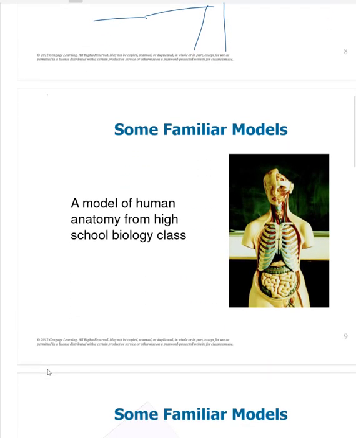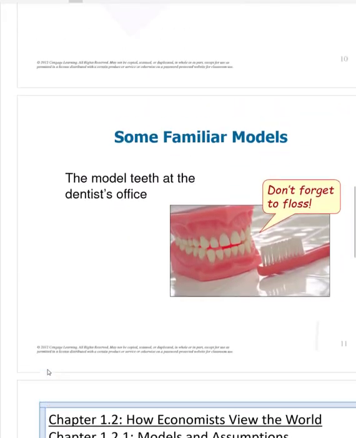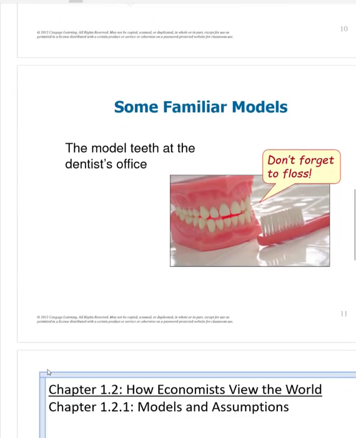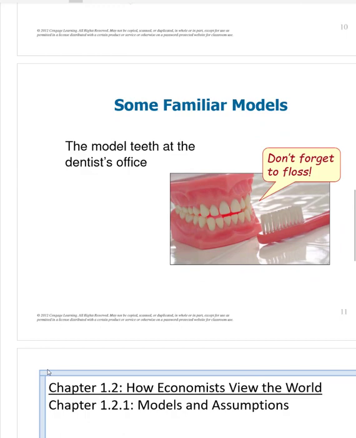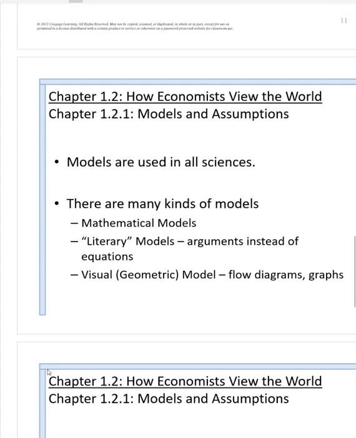Now, some familiar models that we've seen in our lives. A model of human anatomy from high school biology class. That was a model, a simplification of reality. The human body is much more complex than in this model. Now, a model airplane, also a simplification. A real airplane has much more details. The model teeth at the dentist's office. Okay? So models are used in all